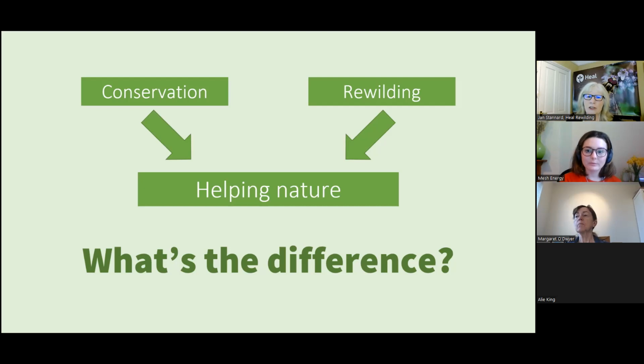People understand conservation, and they possibly heard the word rewilding, and they know that both help nature, but a lot of people don't understand the difference. And there is a profound philosophical difference between the two. What I want you to leave this talk understanding is what's the difference, and why is there so much talk about rewilding, and how does it fit in with the kinds of projects that you will be talking about? Because any change to any environment, built or not, can have a positive effect or a negative effect on nature and biodiversity. But let's look at what the difference is between these two things.